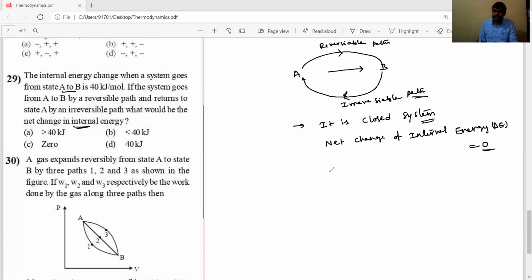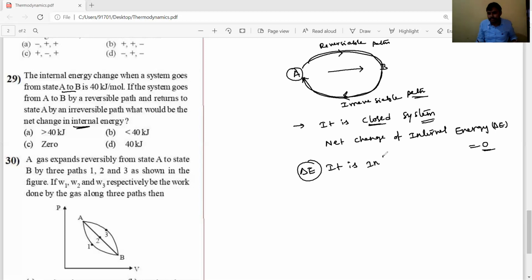Because in a closed system, it is a circular path. It is a circular path, meaning again it starts where it started, again it is coming to the same path, because delta E is